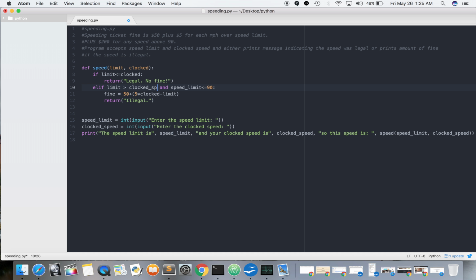And usually the parameters in the function definition header should be much simpler than perhaps the variables that you initialize, oftentimes outside of the function body. So we're going to actually subtract clocked minus limit first. So clocked minus limit gets us a number. Multiply that number by